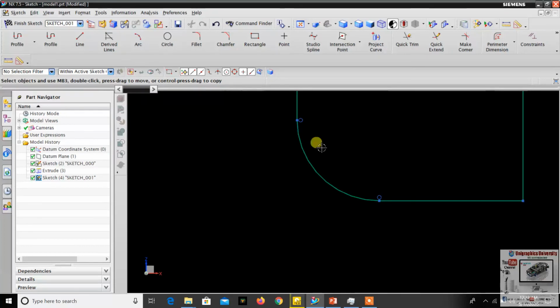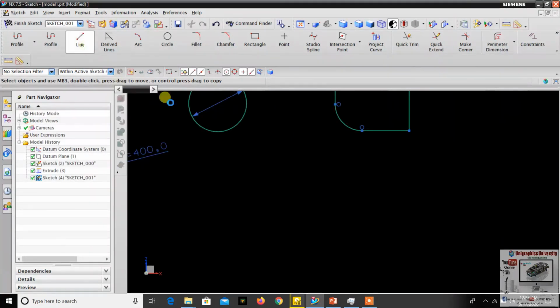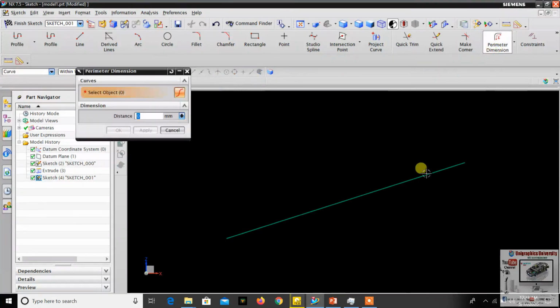If you want to know the arc length value, you just select perimeter dimension, select this curve, so the dimension will show. So this is the perimeter dimension. You can use this for a line also. For example, this kind of line, right? If you want to know the length of the line, you can use perimeter dimension.